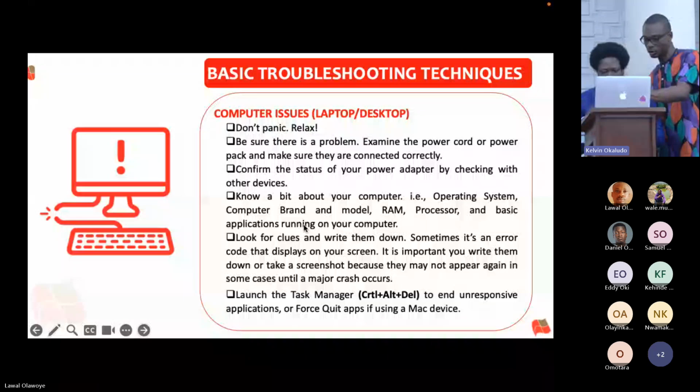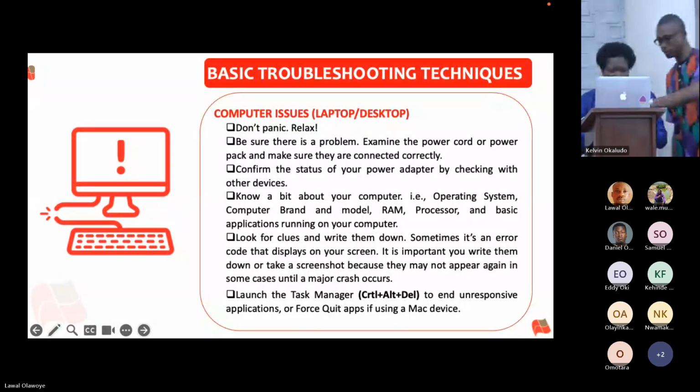Then to share. Still sharing. Okay, go back to